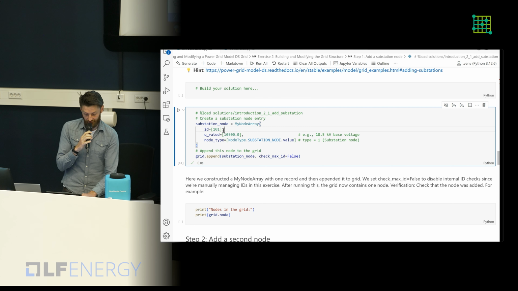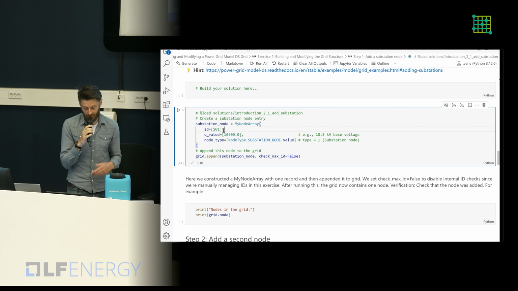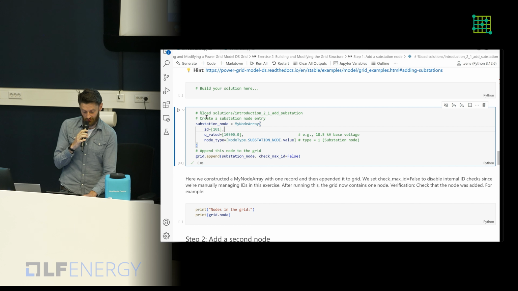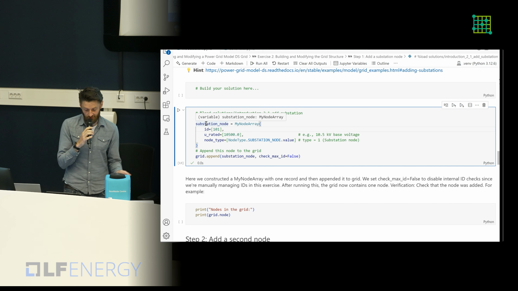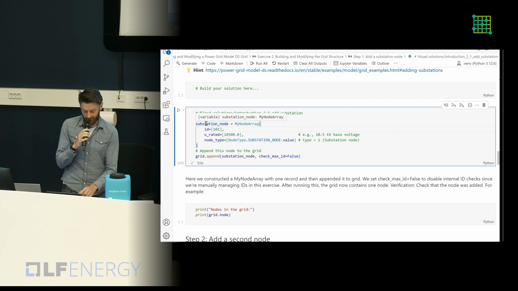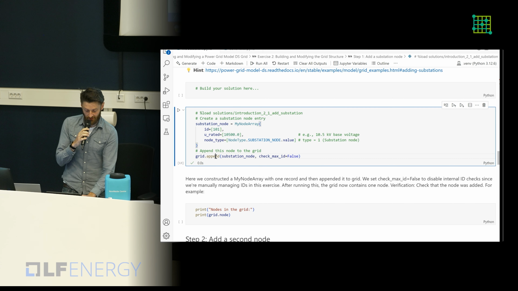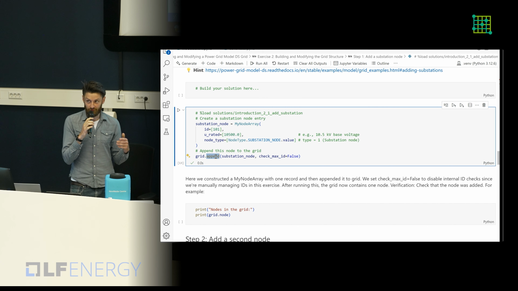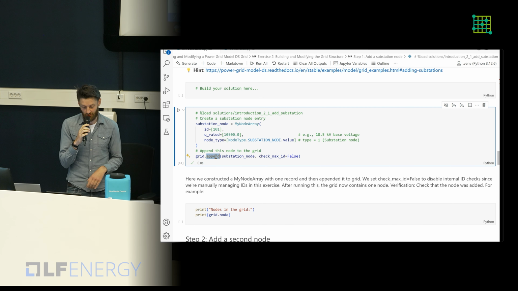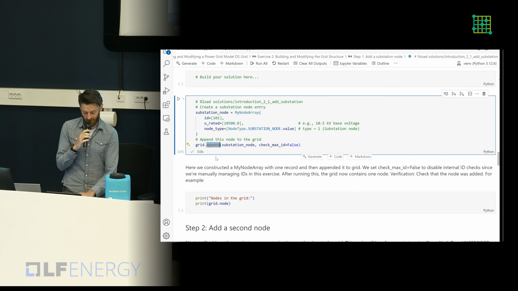Just a pro tip: you can also not provide any ID. If you then instantiate your node array without an ID, it will get a predefined empty value. And if you then append it, it will automatically add an ID. This function will then add an ID to the grid. It's very important for the grid to have unique IDs across all arrays, but the append method will make sure that will be the case.